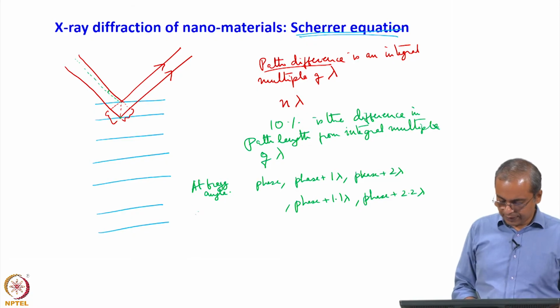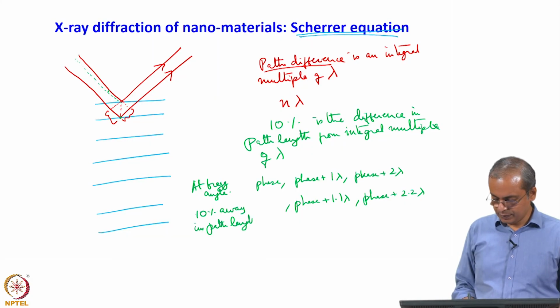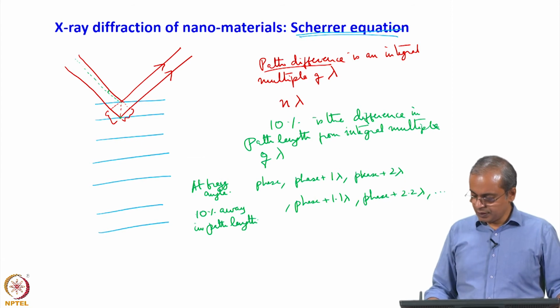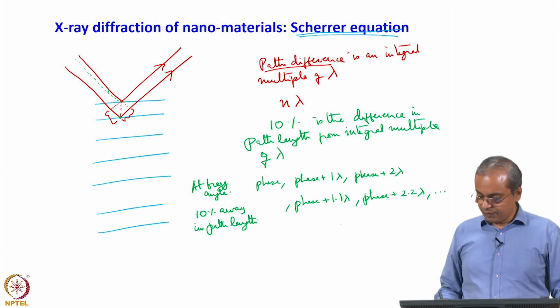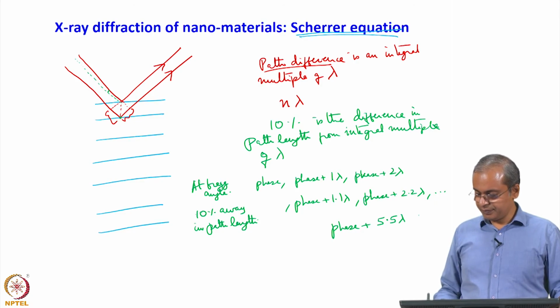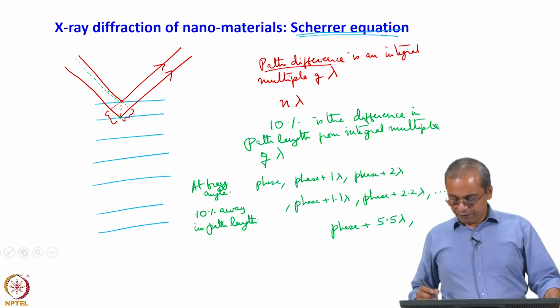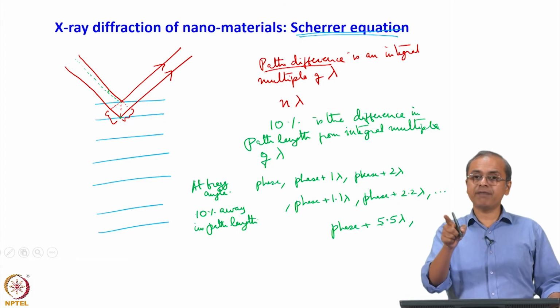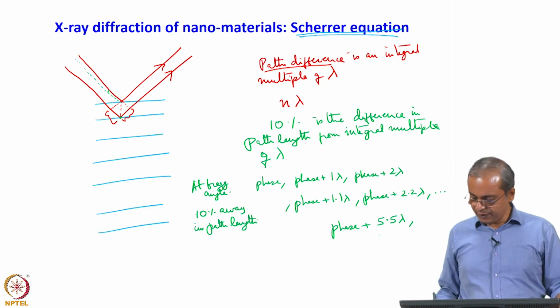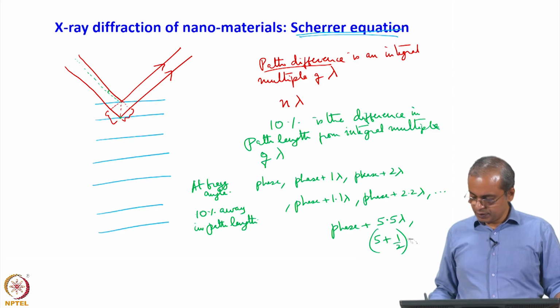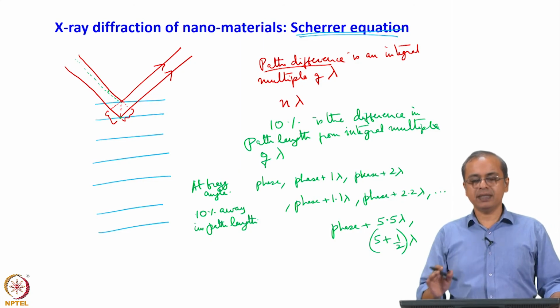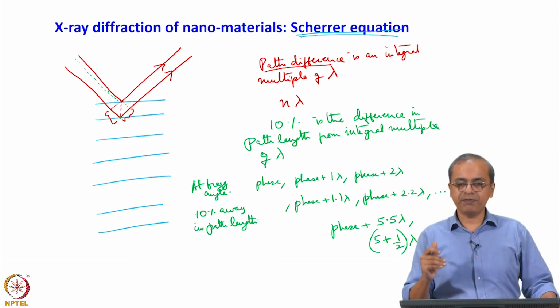So this is 10% away in path length. So if you continue this process, by the time you reach the fifth plane, you are at phase plus 5.5 lambda. In other words, the fifth plane has a reflection that is half a wavelength out of phase, some integral multiple, 5 plus half lambda, right. So 5 plus half lambda is the difference in path length of the fifth plane relative to